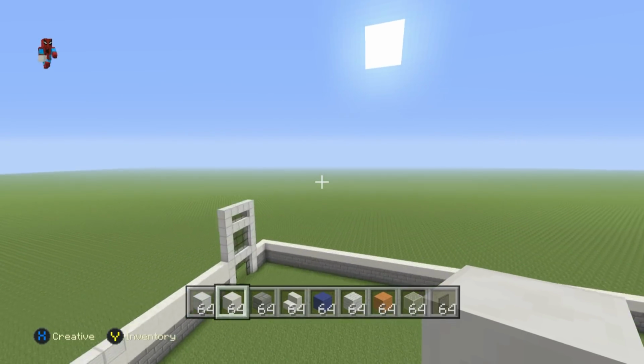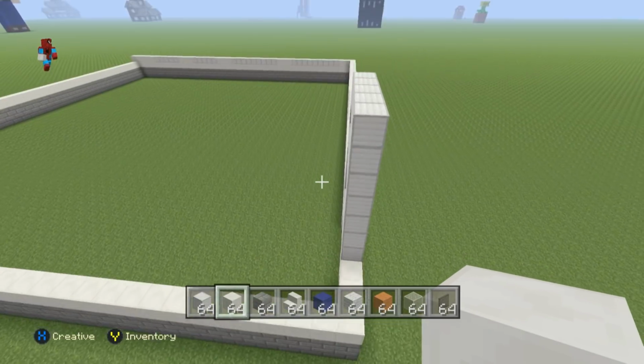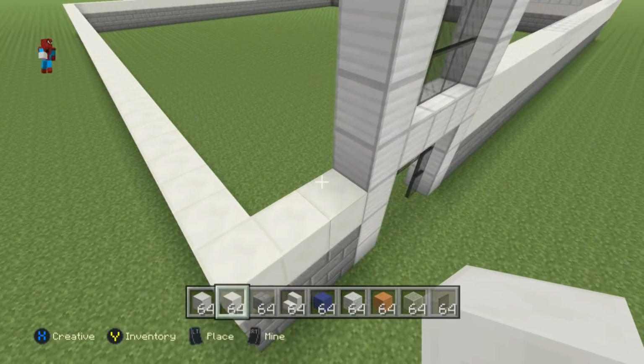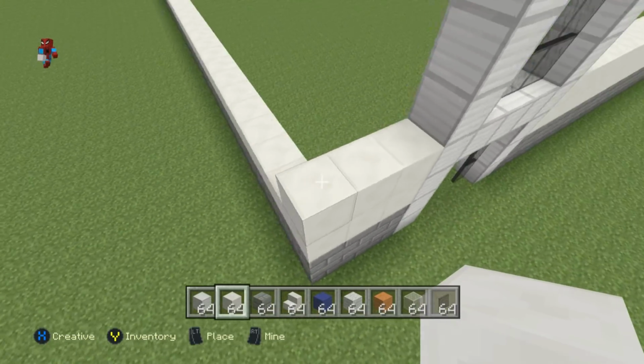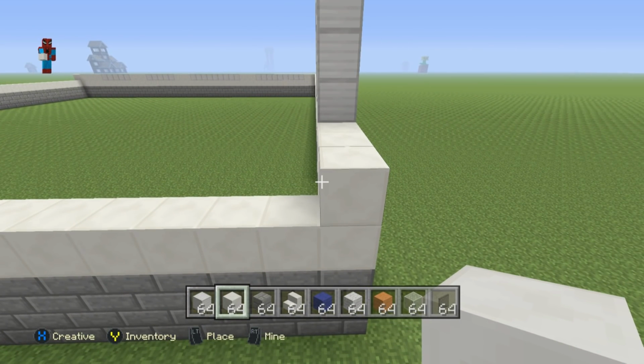Come all the way over to the opposite side of your White Castle. Just going left of the entrance here, just fill in those 3 blocks with block of quartz, and then take a sideways view to what you've just made. What we then want to do, and let me just bring this up, guys, what you then want to do,